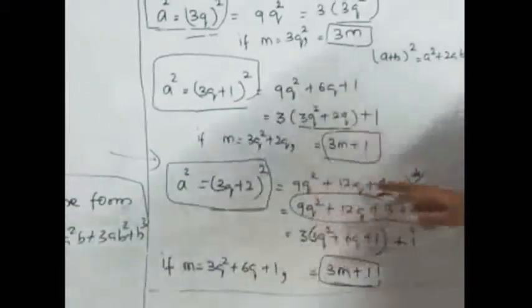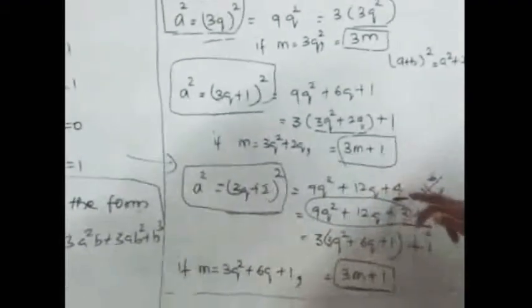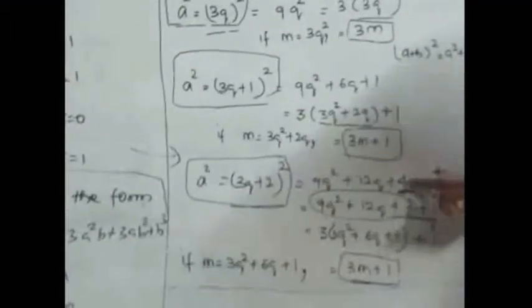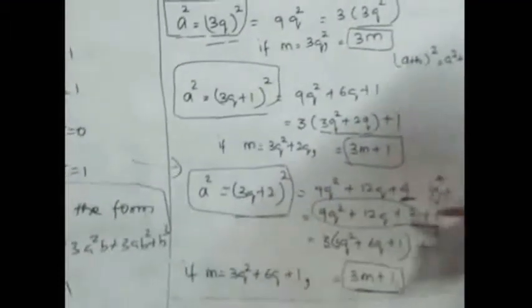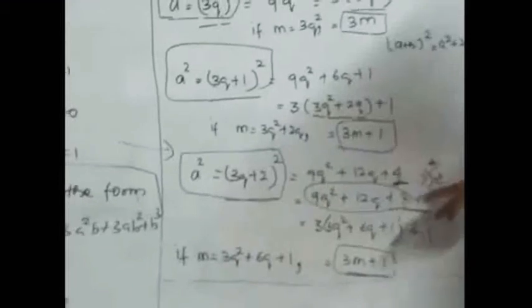In this, all these three terms, you don't have a common divisor. So here it's a very important step. Instead of writing 4, I am going to write 3 plus 1. Instead of 4, I have written 3 plus 1. So here you have 3 terms, but here I have a 4 term, but both are equal.